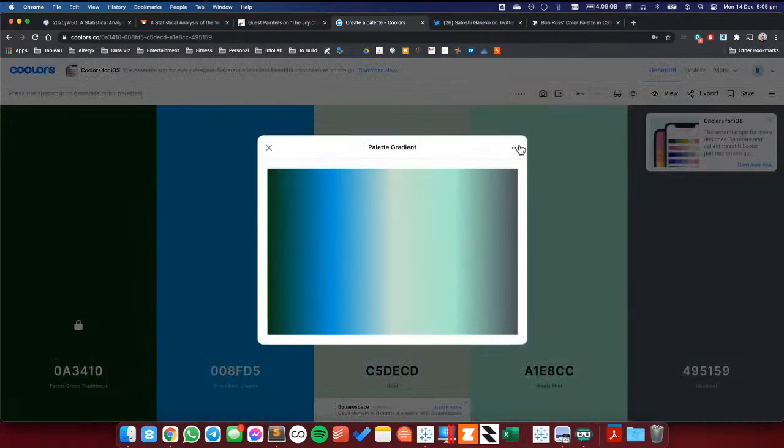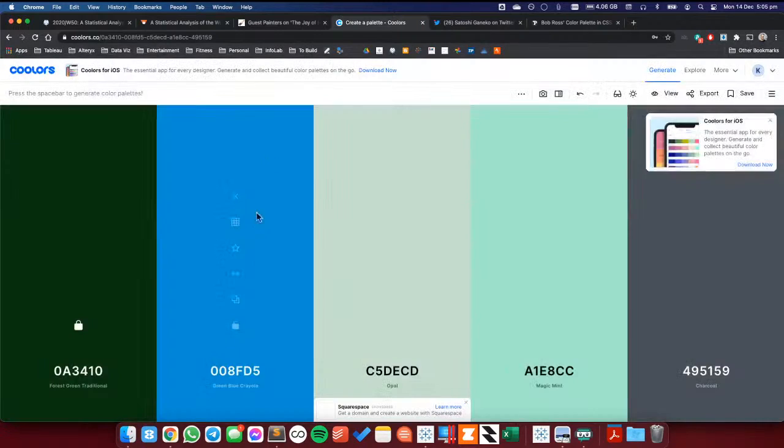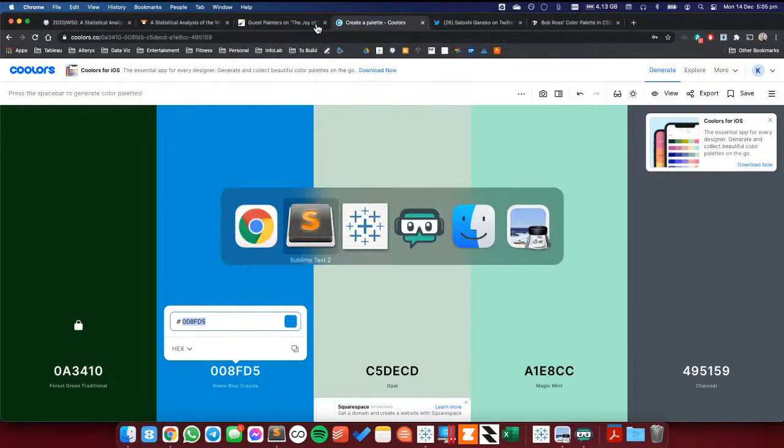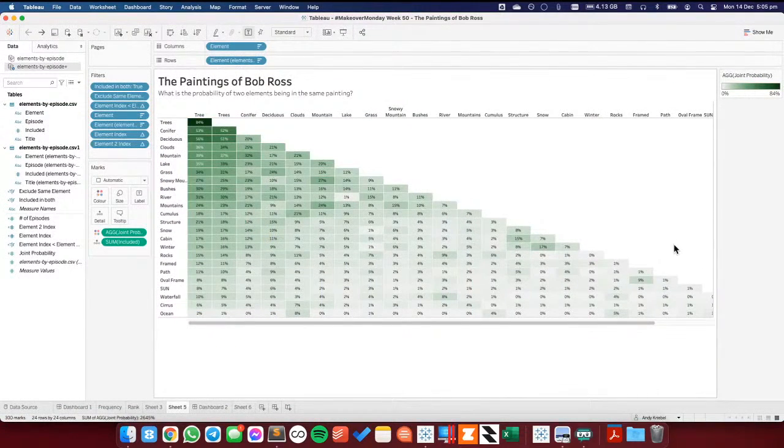View as gradient. Okay, that's not really what I want to do here either. So let's make this maybe a very light gray. So what would be a very light gray here? I could probably,